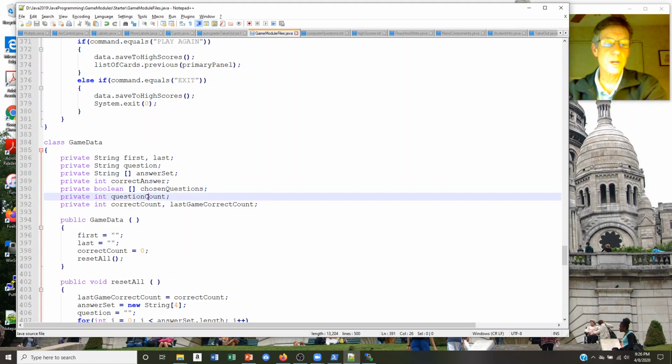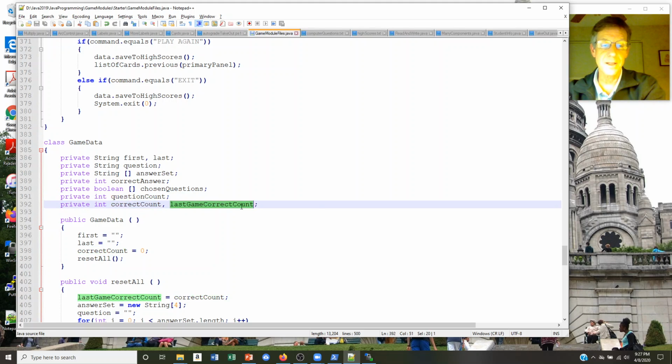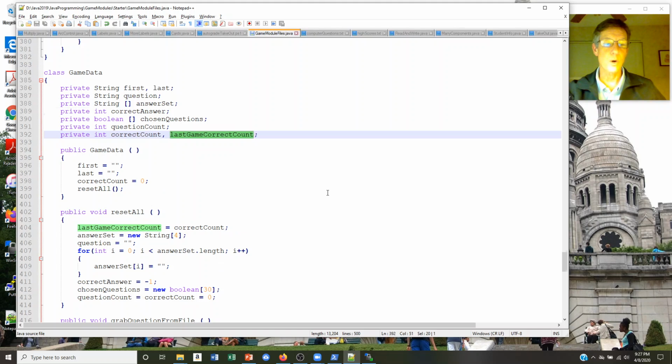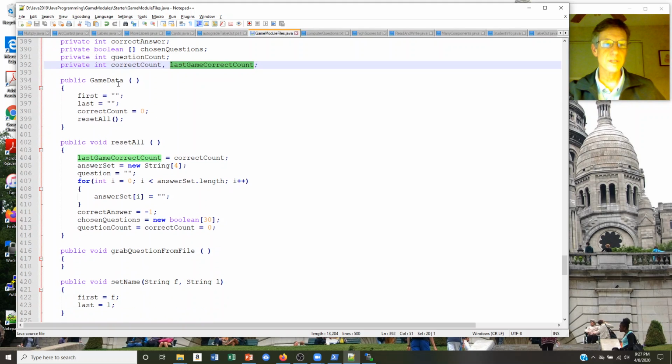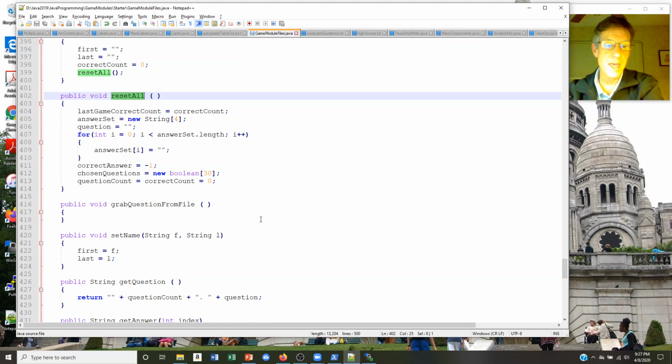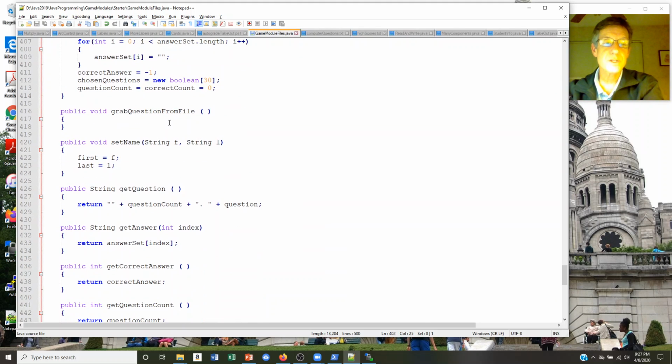And then we're going to keep track of the question count, and then we want to know how many we got correct, and then the last game how many we got correct, so that we can choose a high score. Okay, this is the constructor, it's just setting everything, and you can reset all the numbers if you're going to play the game again. All right, here's the spot though where we're going to grab a question from a file,